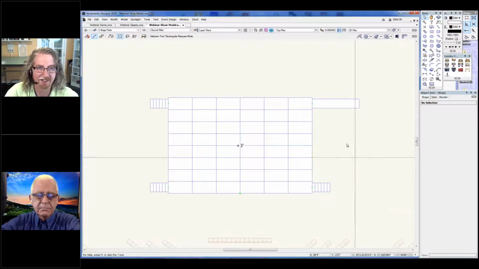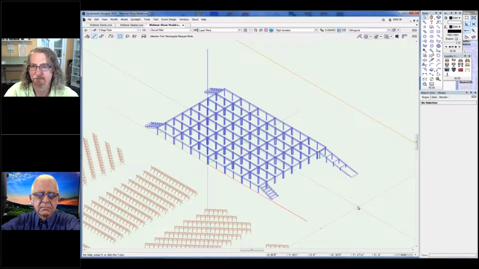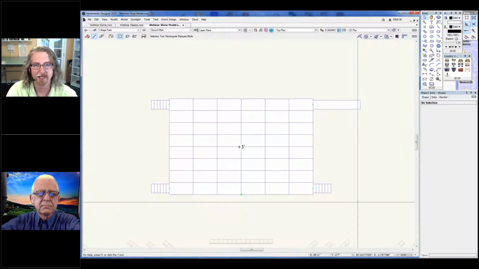We're simply trying to get an idea of a footprint and how things may look. But again, with a few button clicks, we're looking at hybrid objects. So we're building a 3D model while we're building that 2D drawing. Okay, so that's a quick look at the